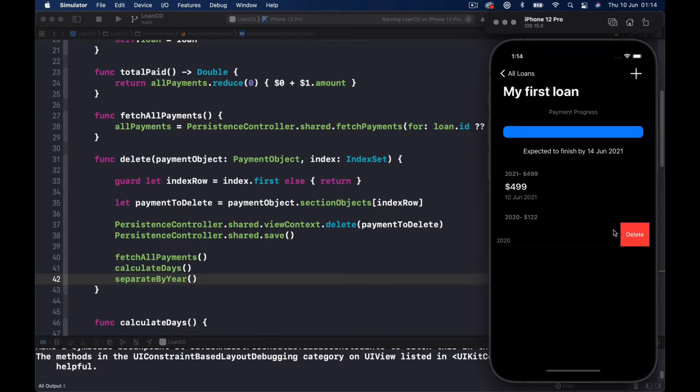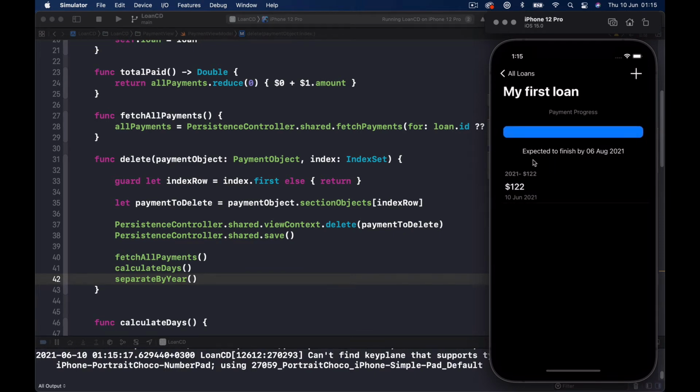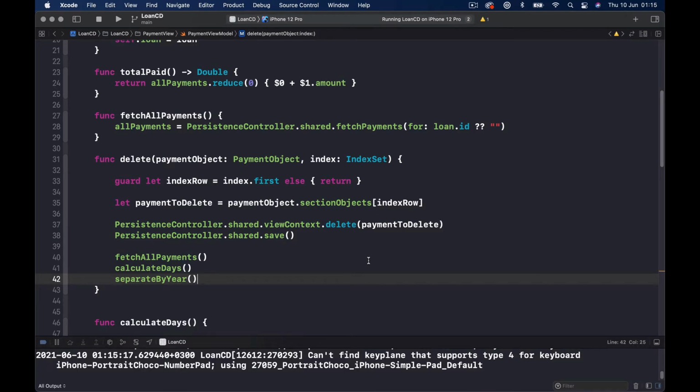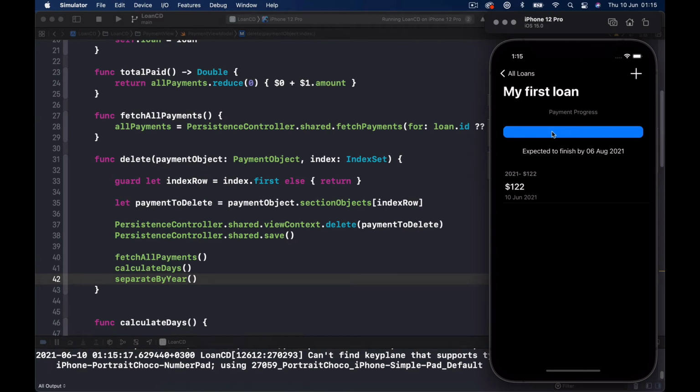So now if I delete this one section should disappear altogether. The section is gone. So this is also working as expected. This is updating, very nice. So let's try to actually delete this. So this will disappear because we have no more payments. This disappears as well. Let's add one amount. Let's just say 122, save, and it appears again. So everything is working as we expected, including our delete function. So our next step will be to let's do the bar, and then we will do the edit of our